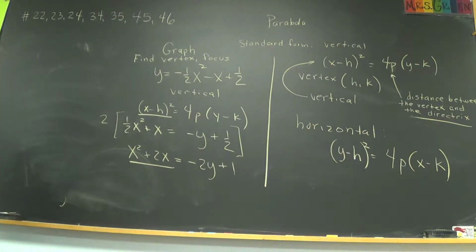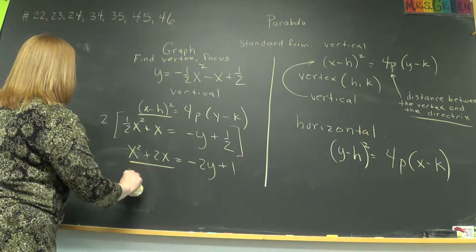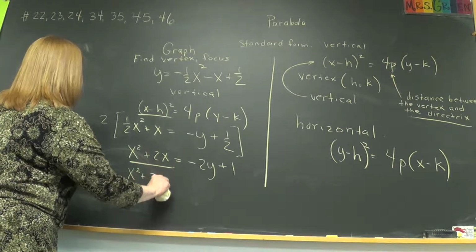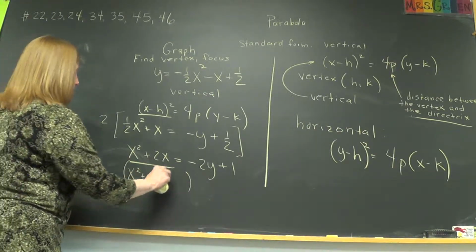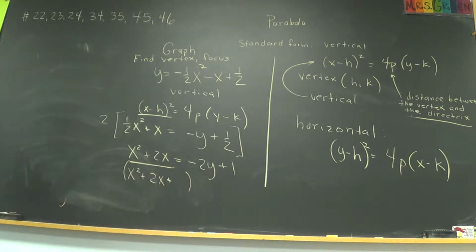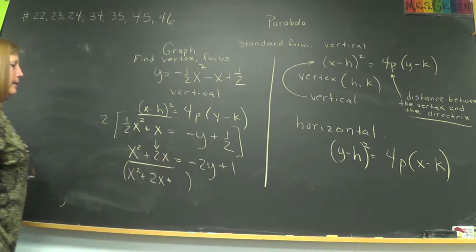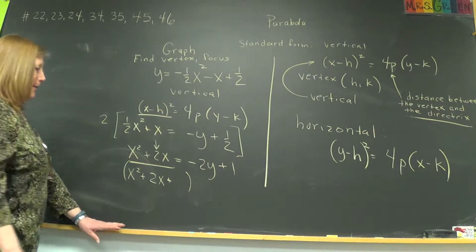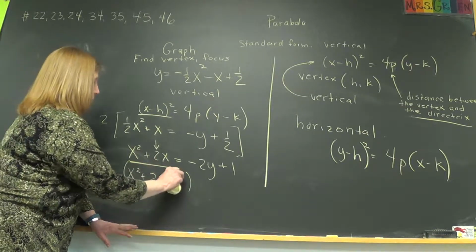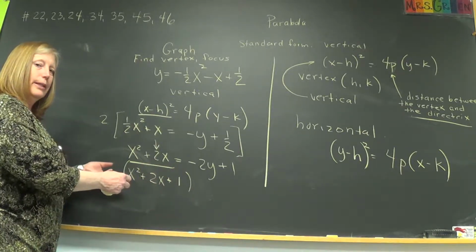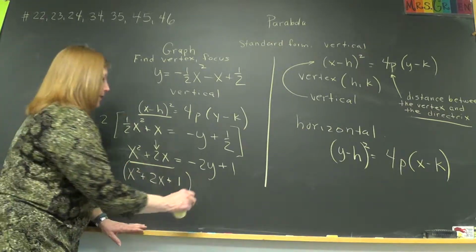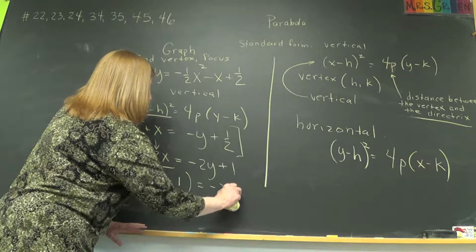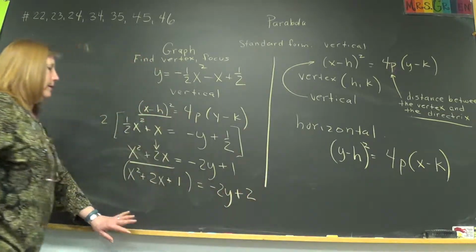So we have to do what's called completing the square. We've done that enough in our math past. So what number do I add? Do you recall how to tell what will complete the square on the left? It's always half of that number, squared. So what am I speaking of? Just 1. Right, half of that squared is 1. But I can't just add a 1 on one side without adding it on the other. So over here it becomes -2y plus 1 plus 1, or plus 2. All right,